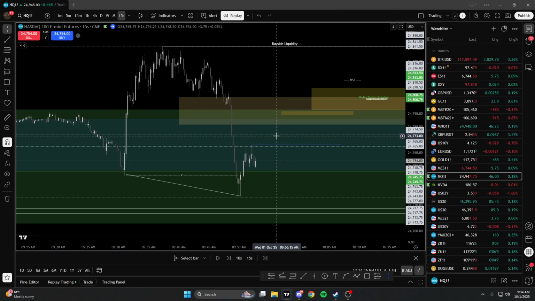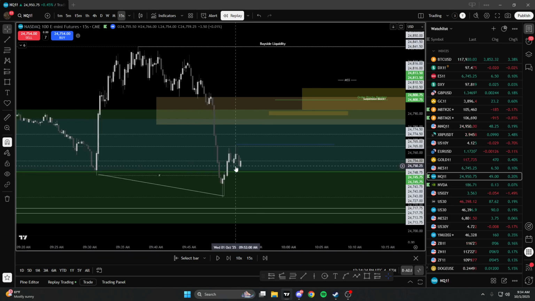And yet everyone makes a huge deal out of it, including myself, because I did that way too much before. Trying to call it here, which you would wait for your setup anyways. 950 macro. If my setup was low, high, lower, low, higher, high, inverse fair value gap, SMT, I'm taking it